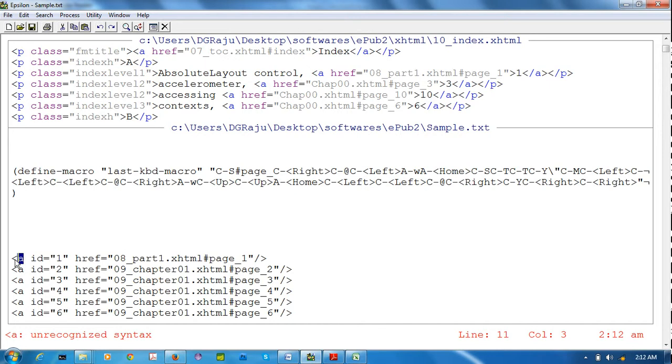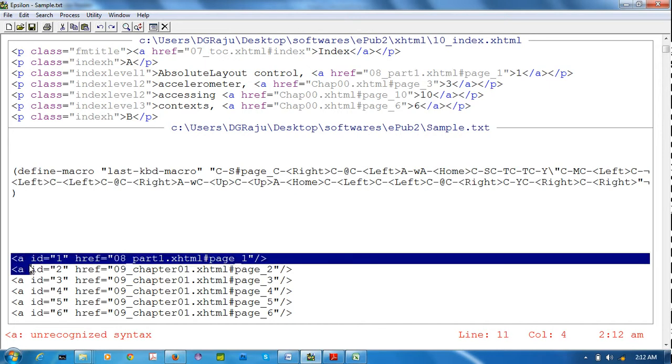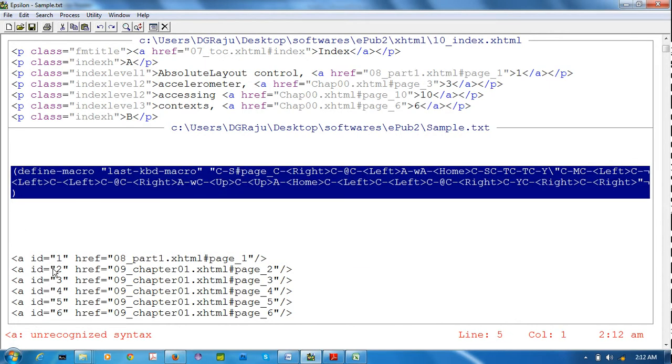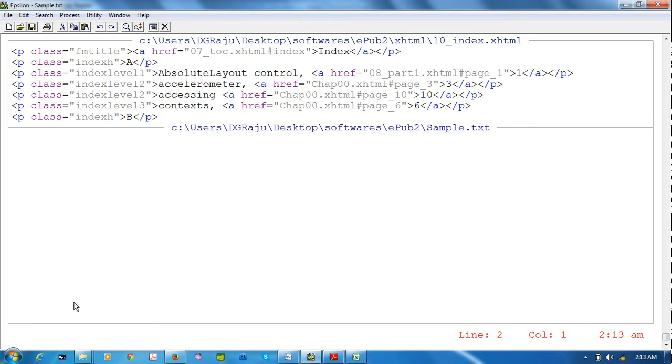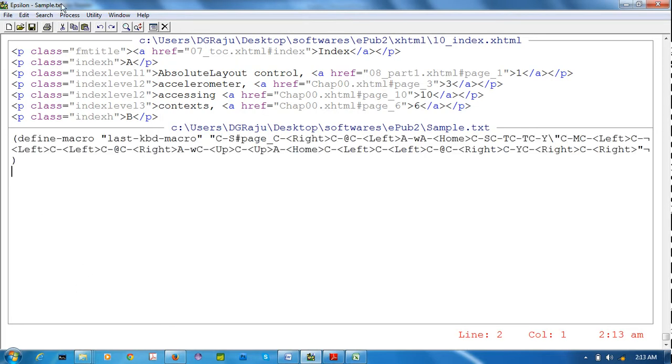The macro file does not contain this type of characters. That's why I am selecting using the Alt text command narrow-to-region and pressing enter. It will automatically hide the remaining content, but the file name should be the same. Now I am using Alt text load buffer, enter, sample.txt, enter.